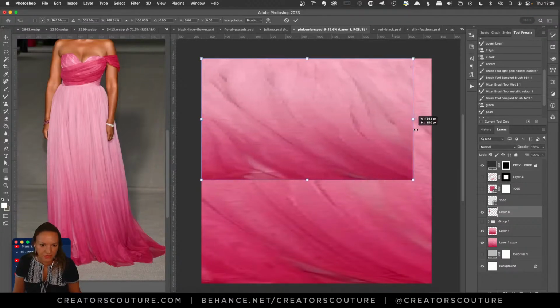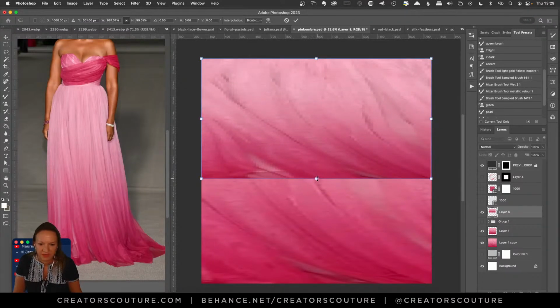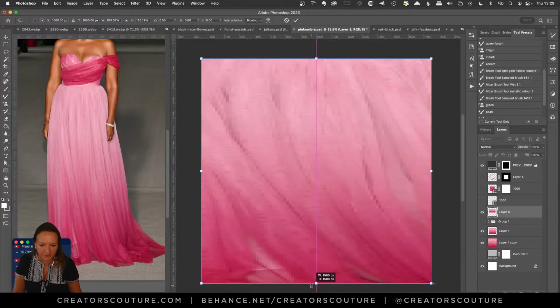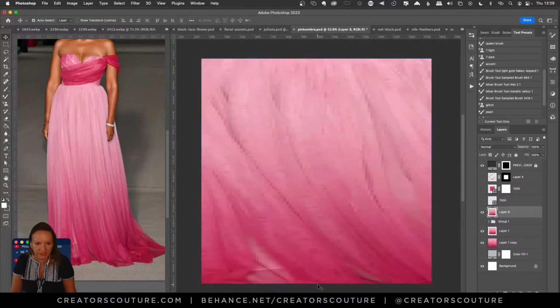So I'm going to hold down my shift key and just stretch it out. It doesn't matter. We're only getting the colors from it. So I'm going to click OK. And let's see here. Yeah, so I did that.